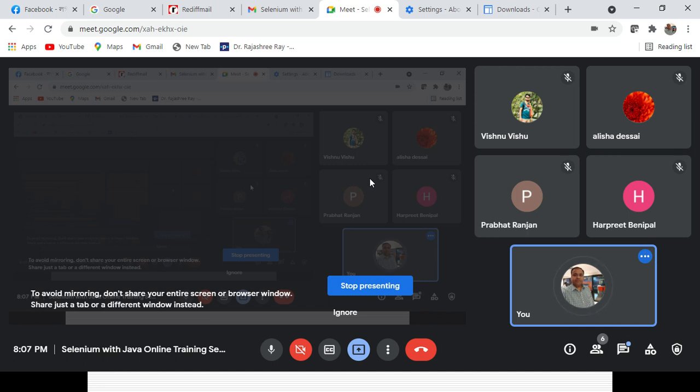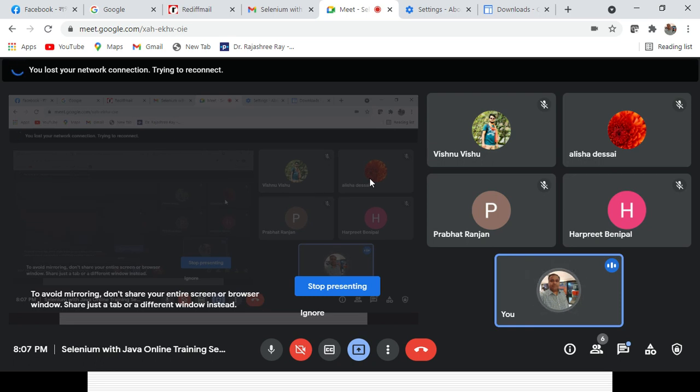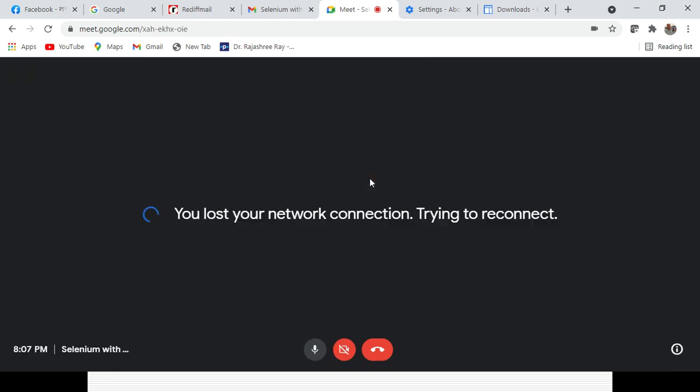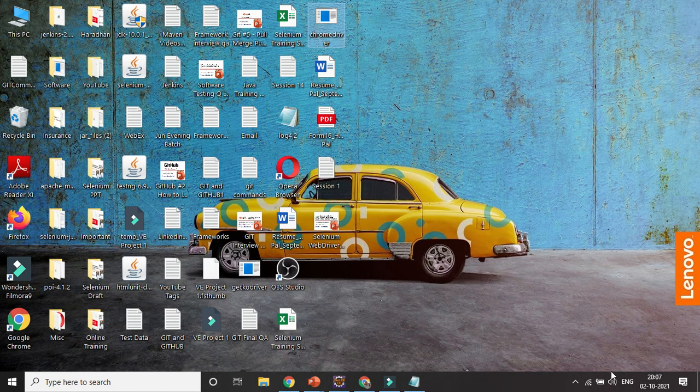So I was saying that in case it is a link or hyperlink, definitely we can proceed with link text or partial link text. In case it is a normal input field, we can go for ID. And in case we are not able to identify anything through name, ID, class name, link text or partial link text, we will be going for the default CSS selector or XPath, and then we will be creating